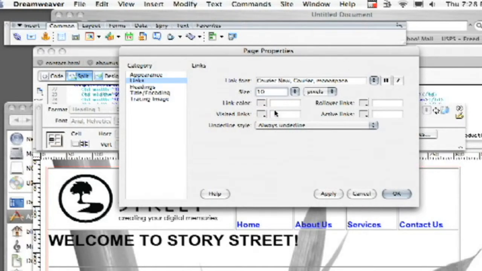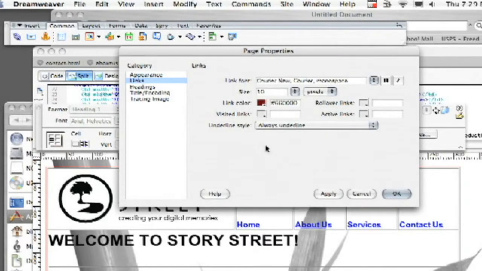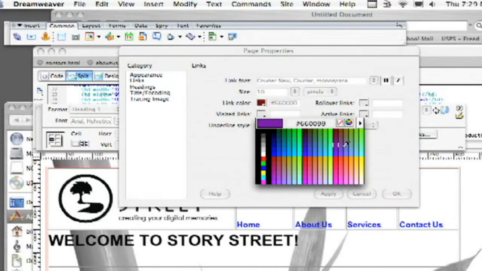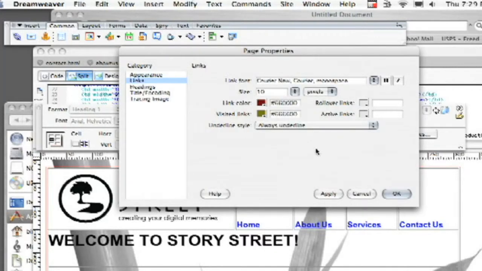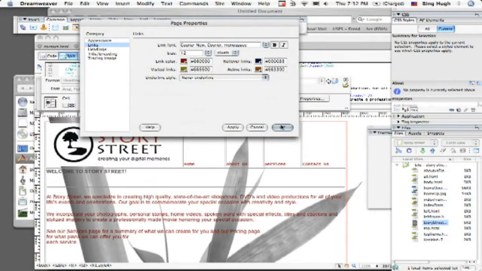Now, we also have our link color, our visited links, our rollover links, and our active links. When something is actually a link, what color should it be showing before someone actually clicks on it? So let's make that also this dark color there, so we can make that stand out a little bit. The visited link is if someone's clicked on it, what color is it going to appear to be, to make it so the user knows that they've already clicked on it? So let's do a dark green there, and then my head tags are okay. And I'm going to click Apply, and now maybe that's a little bit more manageable for